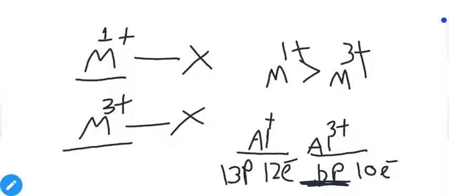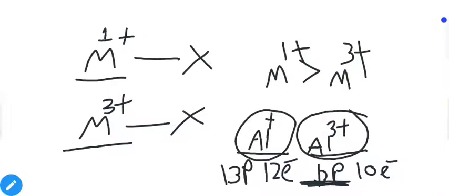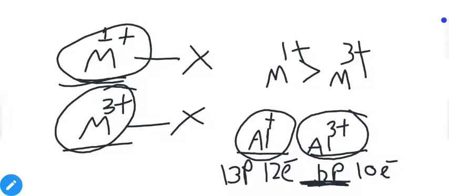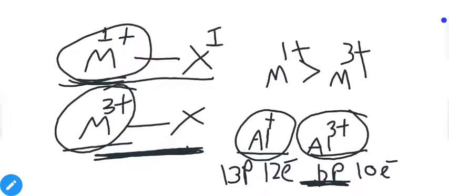The same applies here. Because of fewer protons compared to electrons, Al+ is more electropositive, and because of a higher number of protons than electrons, Al3+ attracts electrons strongly, which decreases its electropositivity. That's why the +3 ion is less electropositive than +1. So the difference of electronegativity is comparatively less in the +3 ion and more in the +1. That's why +1 is ionic and +3 becomes more covalent.